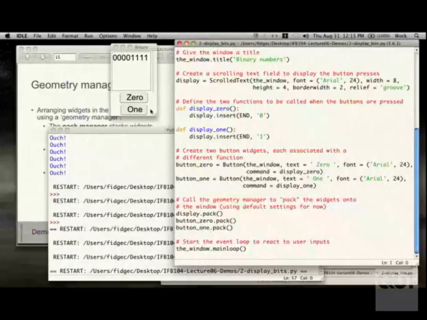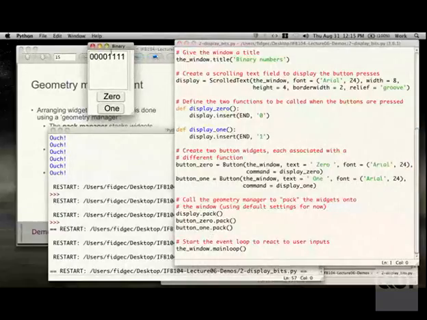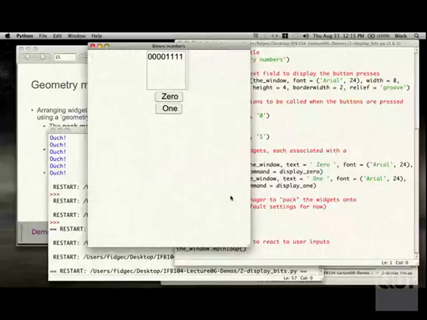And the default layout in this particular system is to just align them centred and vertically. If I resize the window, you can see they just stay there in the middle of the window, stacked one on top of the other. With the pad X and pad Y, say you wanted to shift your button so it's